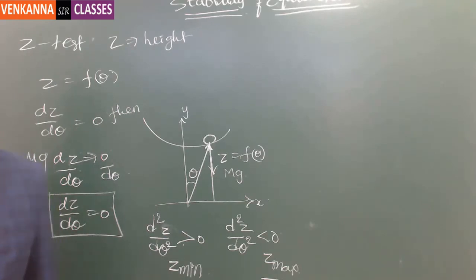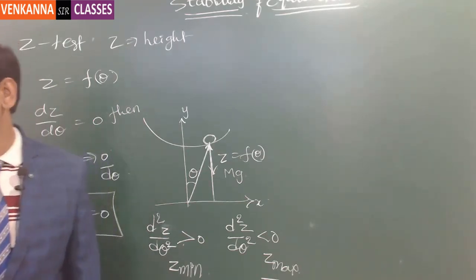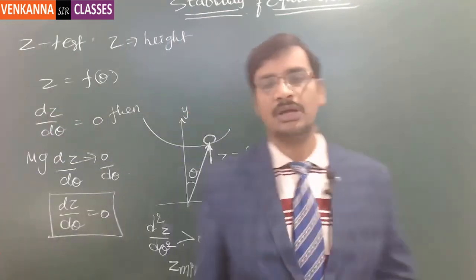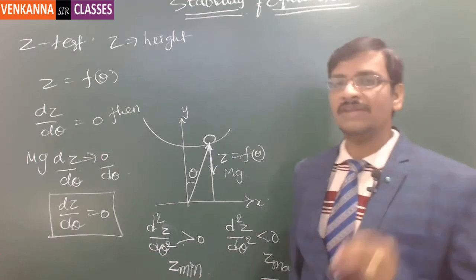Is this understood? So no complexity in it. So the Z test is what we apply for finding out the equilibrium, whether it is stable